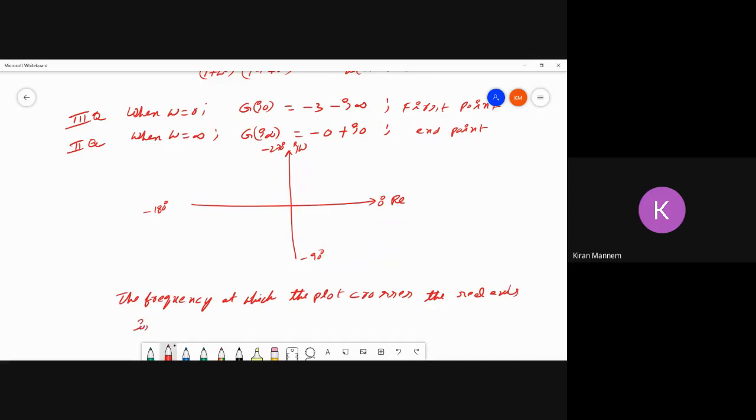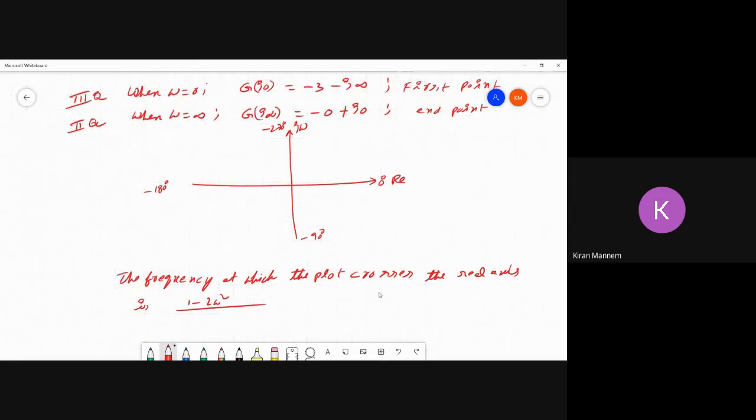The imaginary term is 1 minus 2 omega square by omega into 1 plus omega square, 1 plus 4 into omega square, equal to 0. So again, you will get omega equal to 1 by root 2, and substitute the value